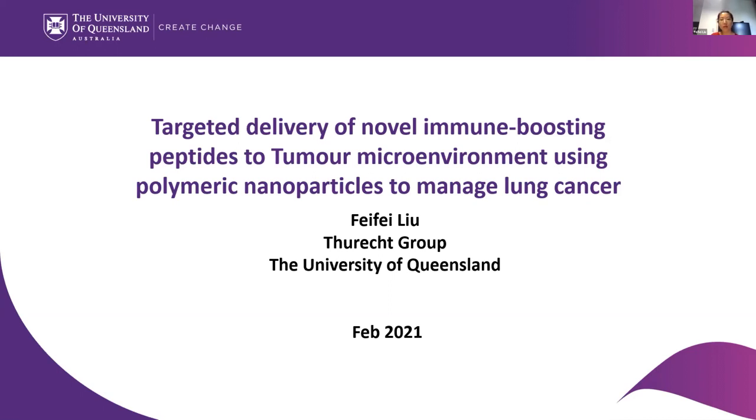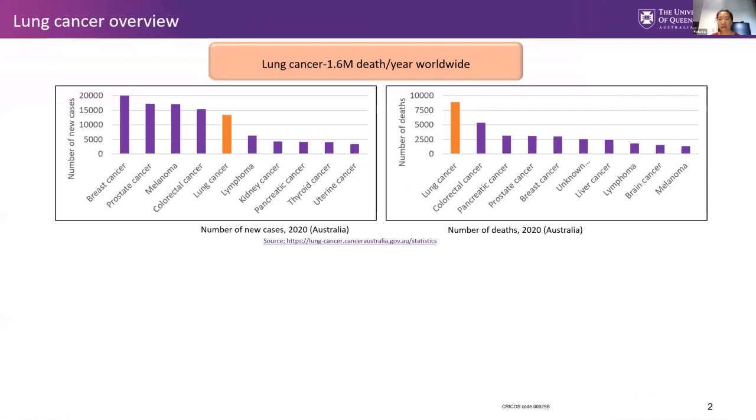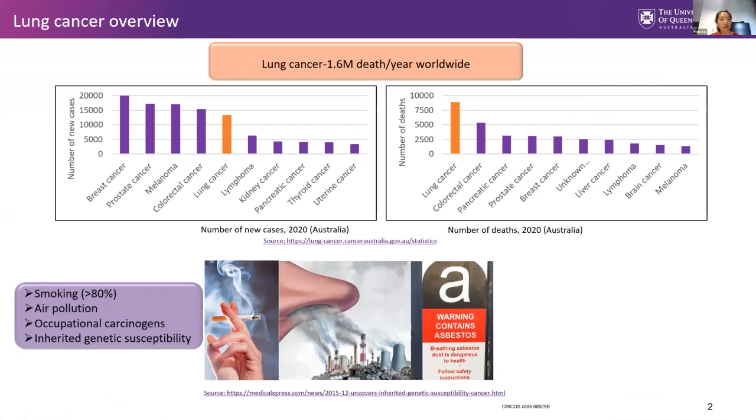First of all, why are we interested in lung cancer? Lung cancer is one of the 4 leading cancers causing a high death rate in the world, with 1.6 million people dying every year. In 2020, around 9,000 people died in Australia because of lung cancer. Tobacco smoking contributes to more than 80% of lung cancer causes. Other than smoking, environmental exposure such as secondhand smoking, air pollution, and occupational carcinogens also play a vital role in